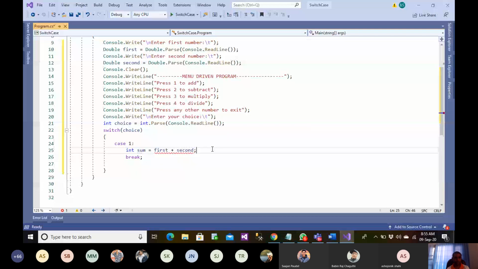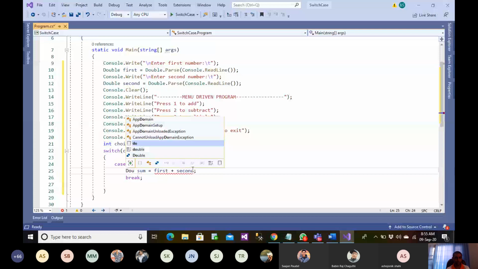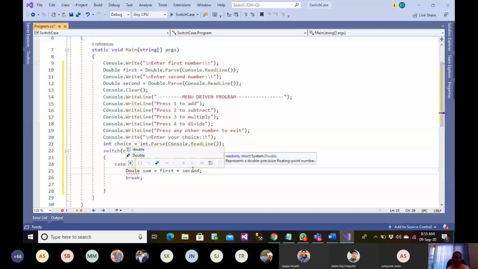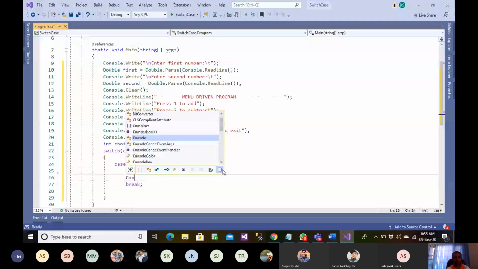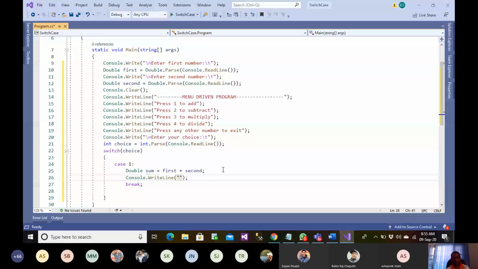Actually, I'm getting an error here. I have not defined a variable. Okay, it's already defined here, but why did I get the error? Let me see. I'm getting the error because this integer has to be double. Let me print the sum of both numbers. So I can just go Console.WriteLine: sum of so and so is so.